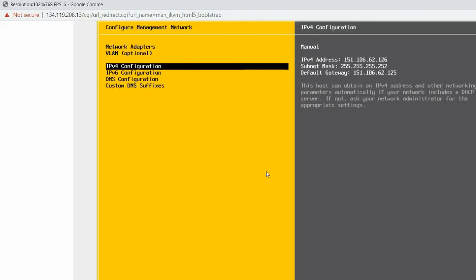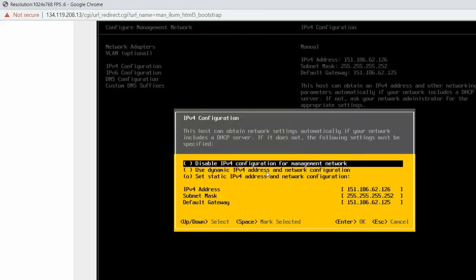I'm checking whether the IP addresses and everything are correct. 151.106.62.126, the subnet is 252, and the default gateway is 125. That's correct, everything looks good.